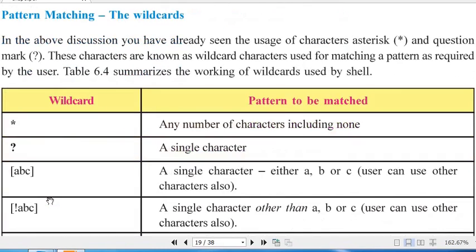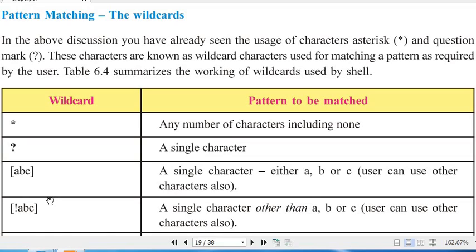Then comes pattern matching, the wildcard characters. In the above discussion, you have already seen the usage of characters such as asterisk and question mark. These characters are known as wildcard characters, used for matching a pattern as required by the user.